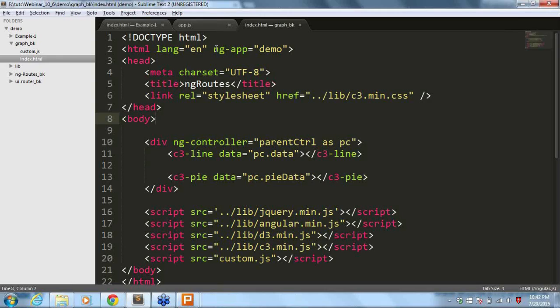Now you can see I created a controller demo in the same way, and it has one controller called the parent controller, PC. You need not know this for now. You can create an alias name for the controller, but we are not going to cover it in this webinar. I'm going to call the parent controller PC,